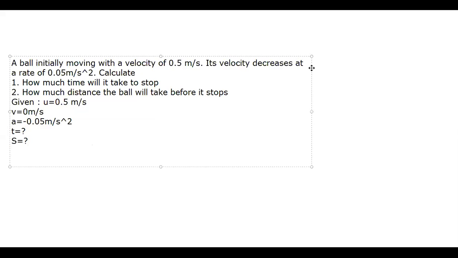T. Please don't call out, beta. Don't call out the answer, everyone will understand. So T is equal to V minus U upon A. T can't come minus. How will T come minus? Can T ever be minus? Think, what mistake have you made? And don't call out. Type your answer now. I want to see your answer.